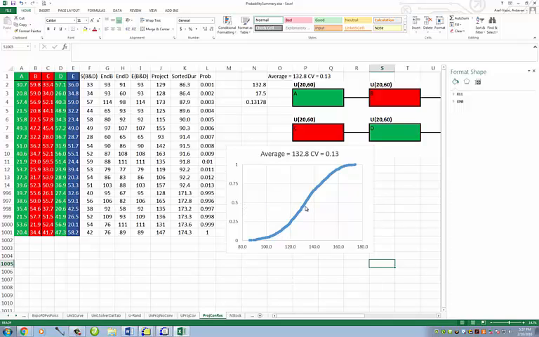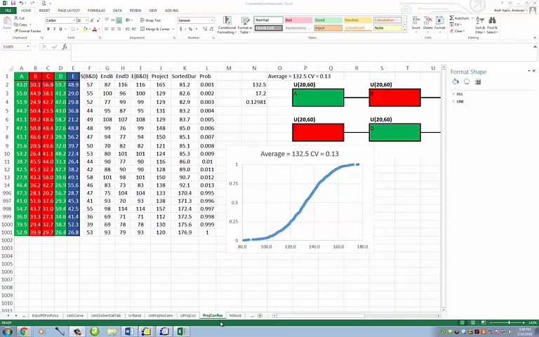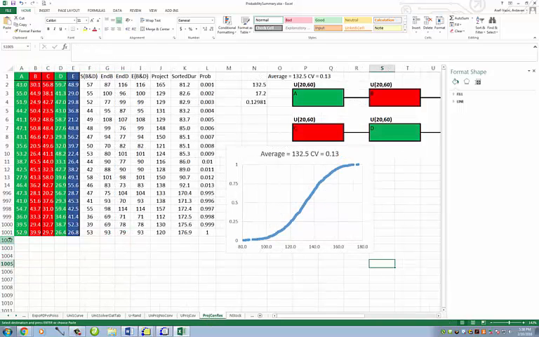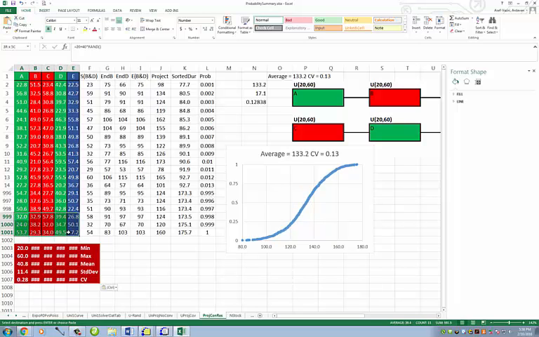There is a 50% probability that I can finish this project in about 132, 133 days. The maximum potential duration is 174 or something around that. The minimal is 86. Finally, I can go here, copy, paste, and